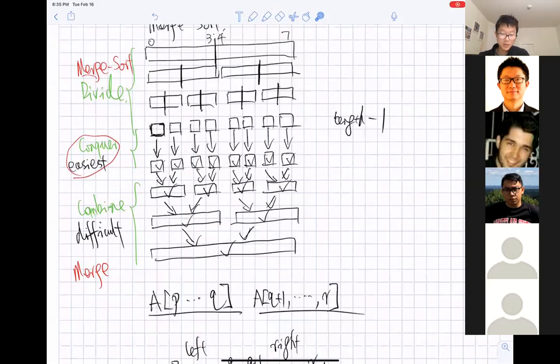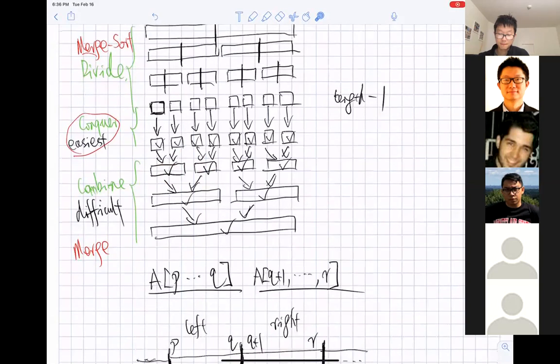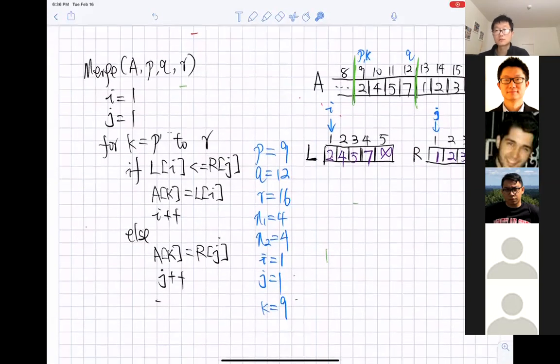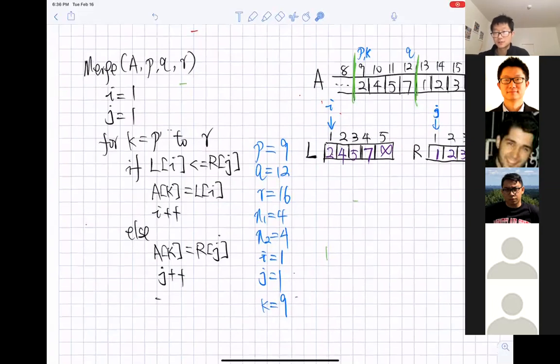Can you see my screen now on the page with the arrays? Yes. Okay. So in order for us to be able to call the merge function, the two subarrays must have already been sorted. I see. I was reading the code. I think you could probably do it even if they're not sorted, but you'd have to alter the code a lot.